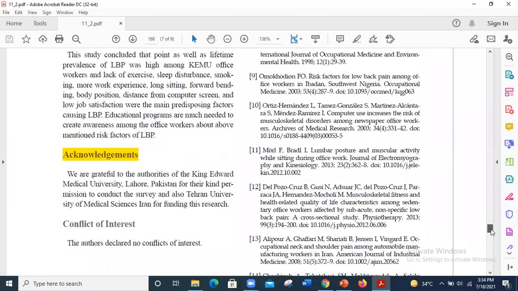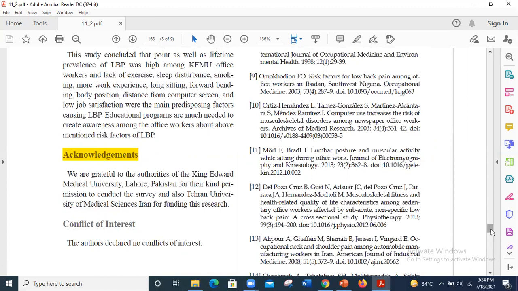Okay, next is acknowledgement. What is acknowledgement about? The acknowledgement section depicts the acknowledgement of your research. What you are going to acknowledge is, it could be the institute you're affiliated with, it could be anyone, it could be your parents, your teachers, your siblings, your friends, your seniors, whoever helped you out in conducting your research. We're going to acknowledge them one by one in your acknowledgement section.